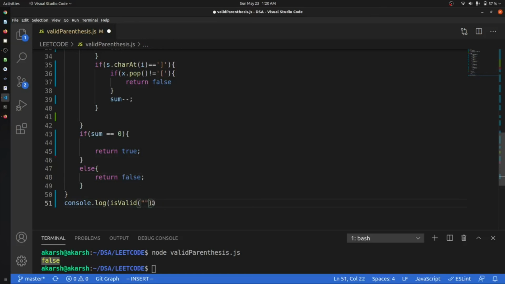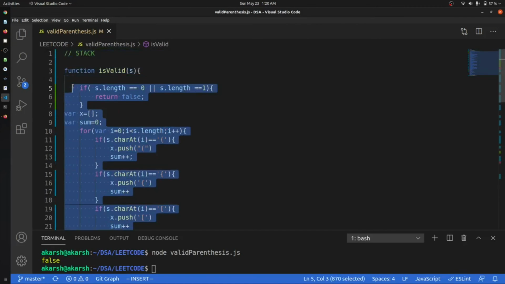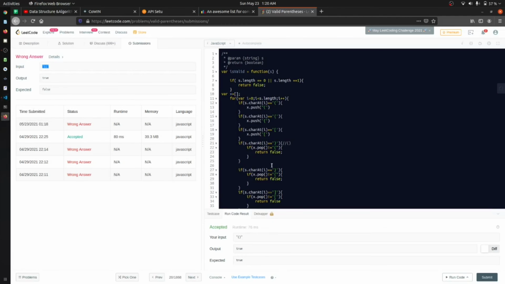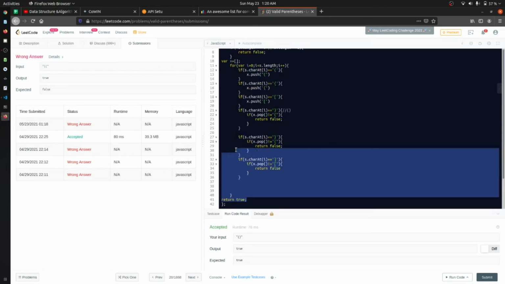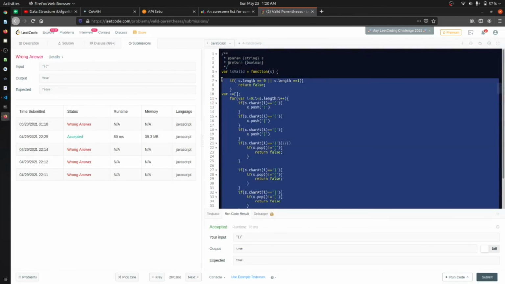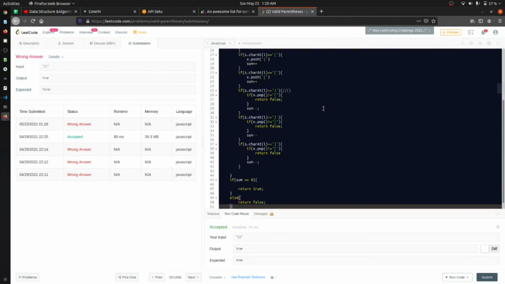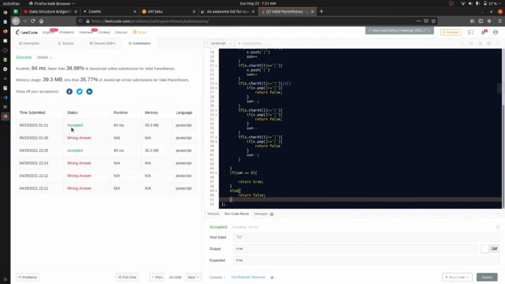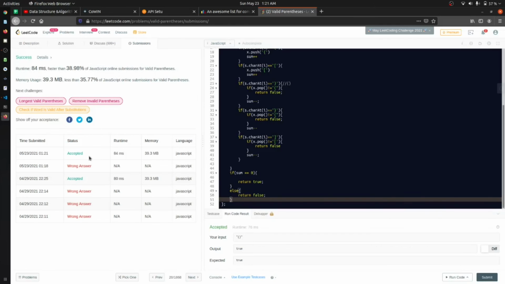I hope in this scenario we will get false. Let me copy it again, go to LeetCode, and submit it again to check whether we get the output right. Yeah, you can see that our solution is accepted.